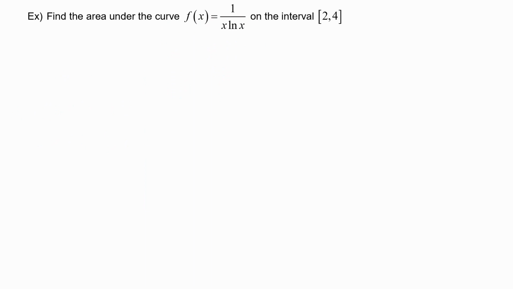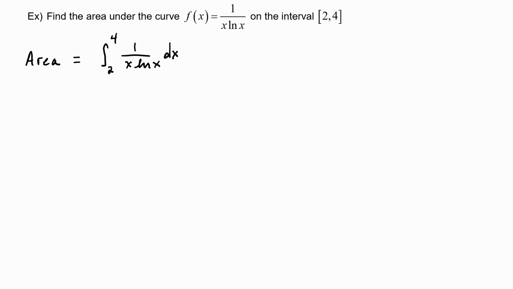In this example, we have to find the area under the curve f of x equals 1 over the quantity x natural log of x on the interval 2 to 4. We know that area is equal to the definite integral from 2 to 4 of our function 1 over x natural log of x